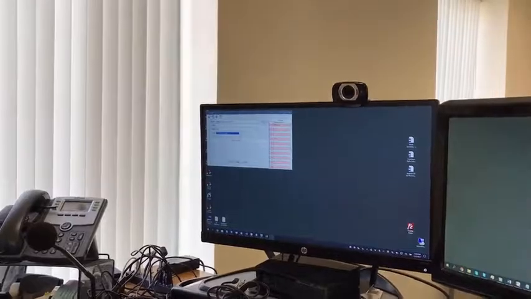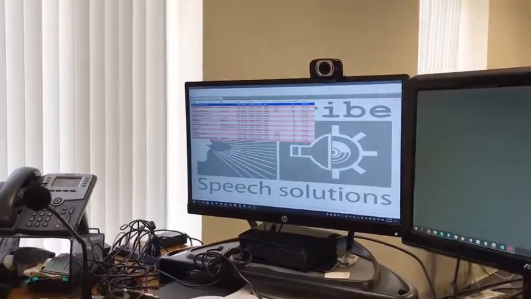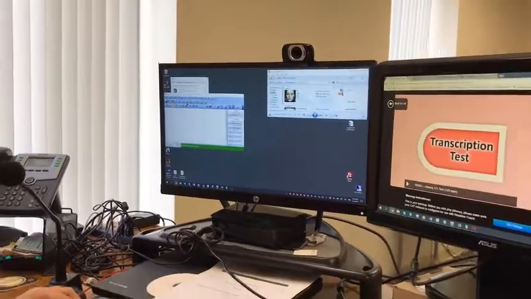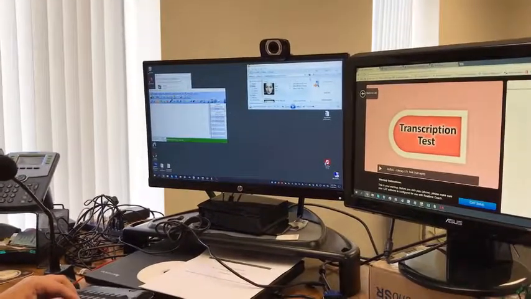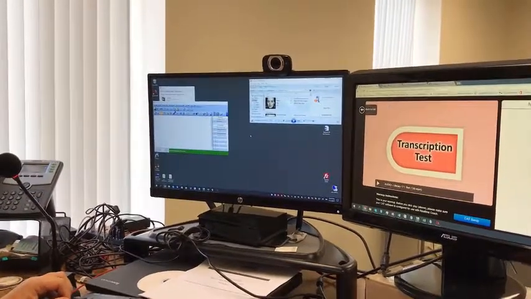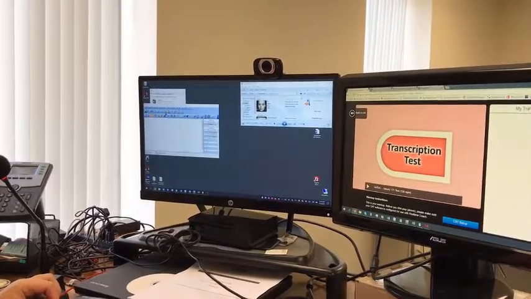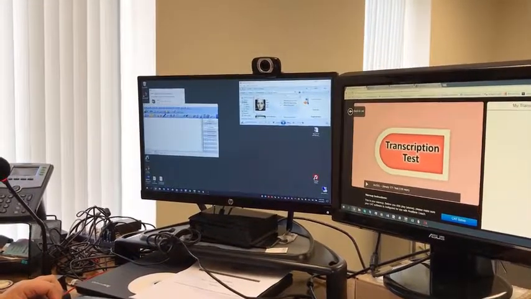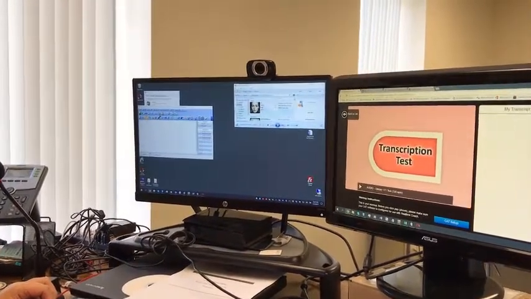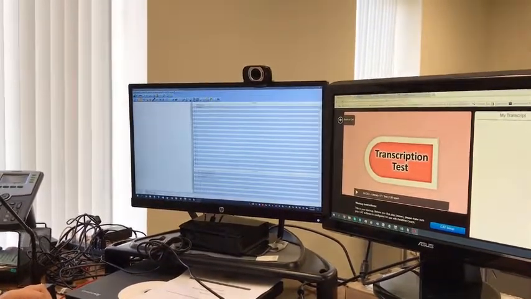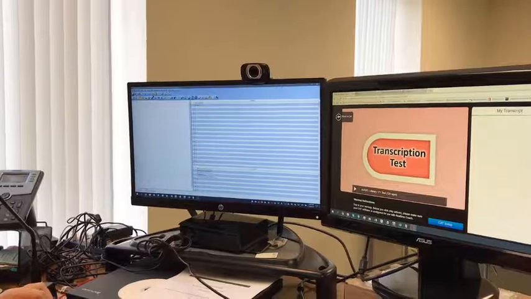And then we're going to click on Cart, which is going to take us to the SpeechCART window. You're going to see the Dragon user profile selection. You need to select your user profile, and you'll notice the green bar at the bottom of the cart window will go away once your profile is loaded, and you'll see the words topic ready where the green bar used to be. So now we're ready to dictate,